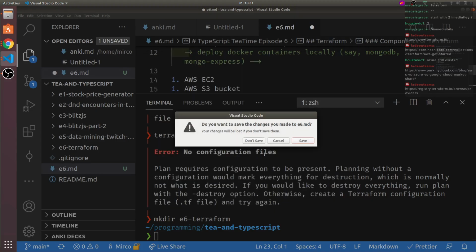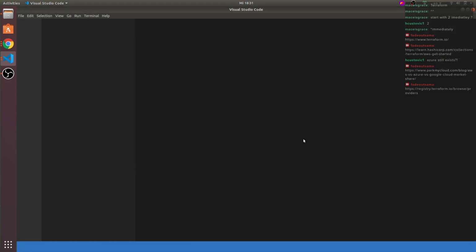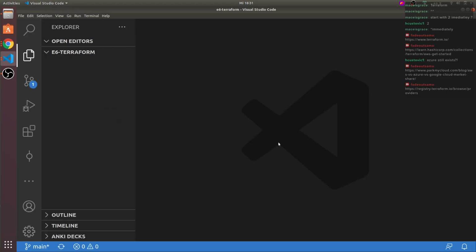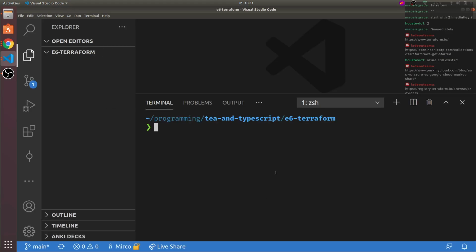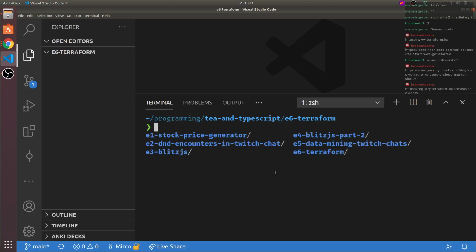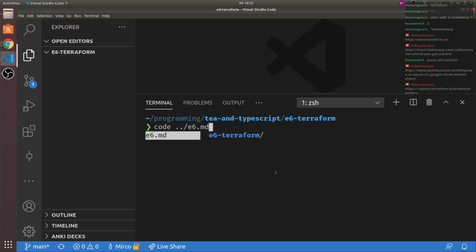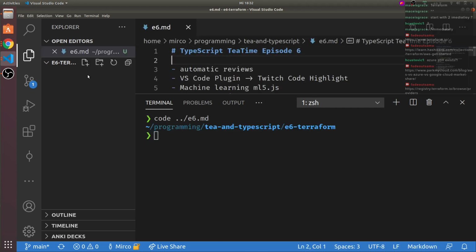Yes, I do want to save the changes. So, code /e6.md. I do want to have this file. Other than that, I have essentially an empty folder.